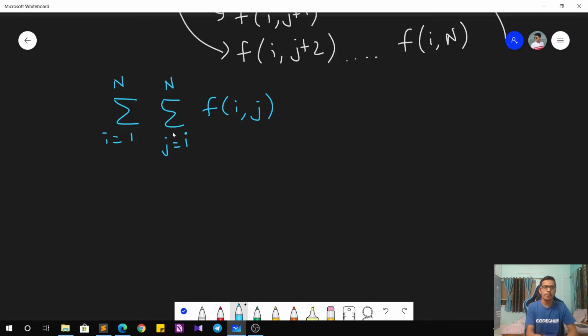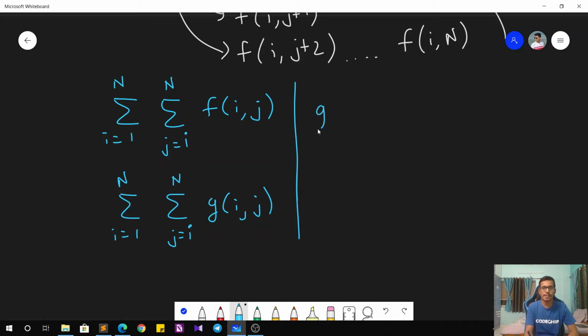Okay, now we can reformulate this as summation i equals 1 to n, j equals i to n. Okay, we can call this g of i comma j, where what is g of i comma j? Now g of i comma j is basically max of i comma j, that is the maximum of elements between the ith and jth element, and this term is present in many f terms. So this has to be multiplied with what? It has to be multiplied with n